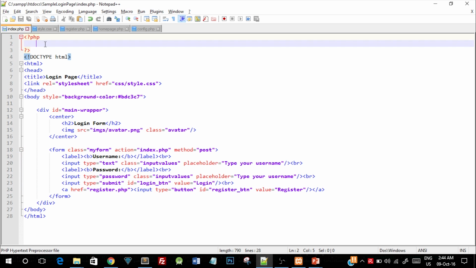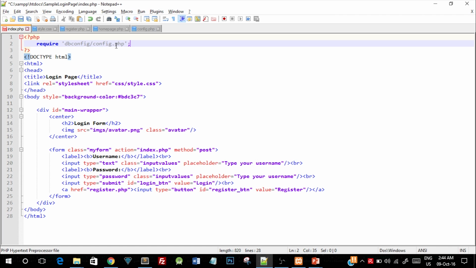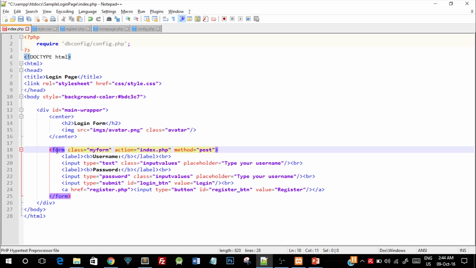So in the index.php, the first thing that we need to do is we need to include the config file because we need to establish a connection with the database. So I'll say require dbconfig/config.php. So we included this file, that is we included these 2 values, the connection object and the database selection part. Now below this form tag,